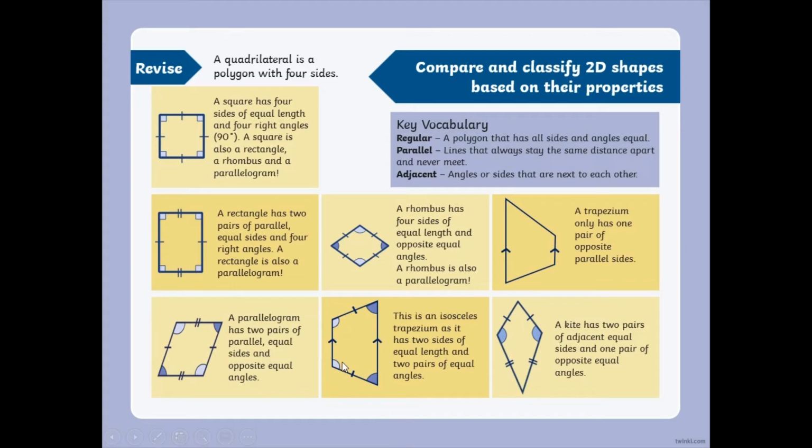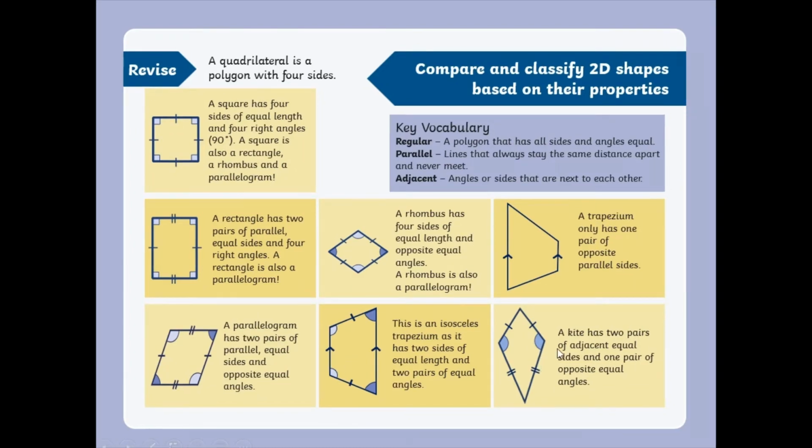This one here is an isosceles trapezium, as it has 2 sides of equal length and 2 pairs of equal angles. A trapezium here only has 1 pair of opposite parallel sides. So you can see trapezium, isosceles trapezium. And we have a kite that has 2 pairs of adjacent equal sides and 1 pair of opposite equal